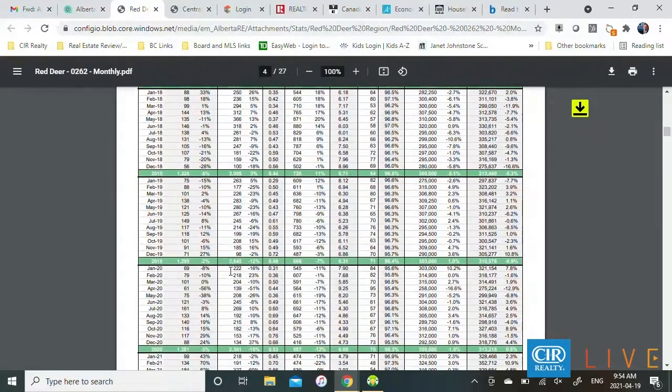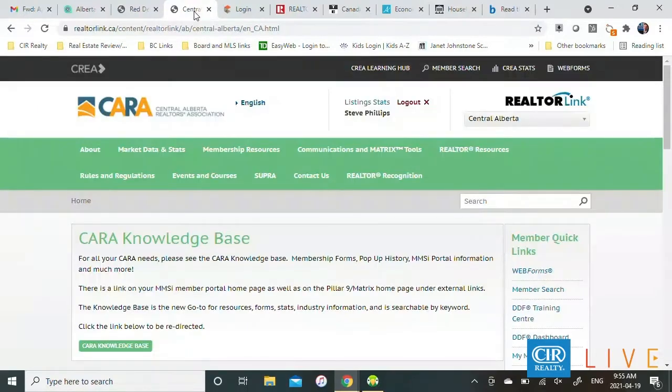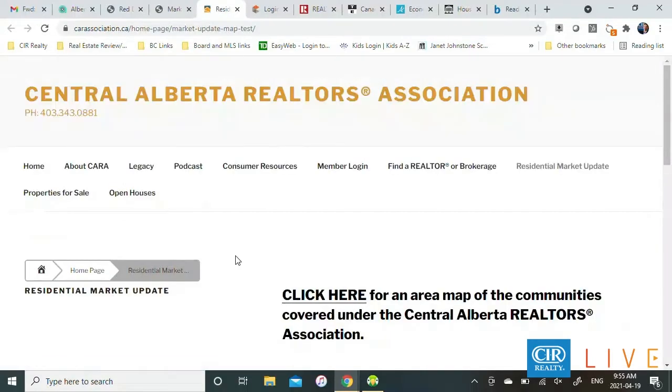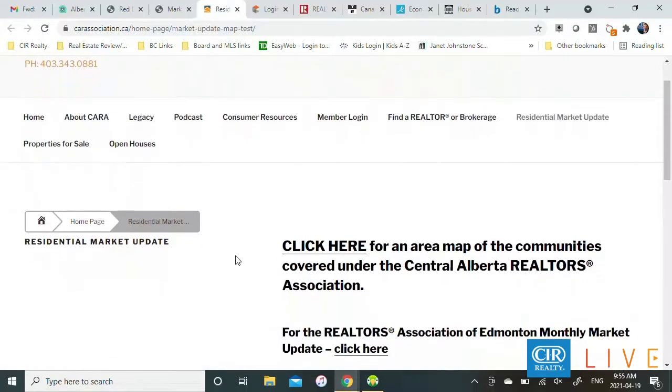Total residential. Now, next point, I want to jump over into some different boards, which actually do some really good jobs at different community marketing and that sort of thing. I can't go through all the boards that we serve, being that there are 7 of them, but I'm going to use Kara and Krebs as an example. If you go into the market details and stats, click here. That was actually realtorlink.ca. Please don't forget about realtorlink.ca, as there is a lot of really good information